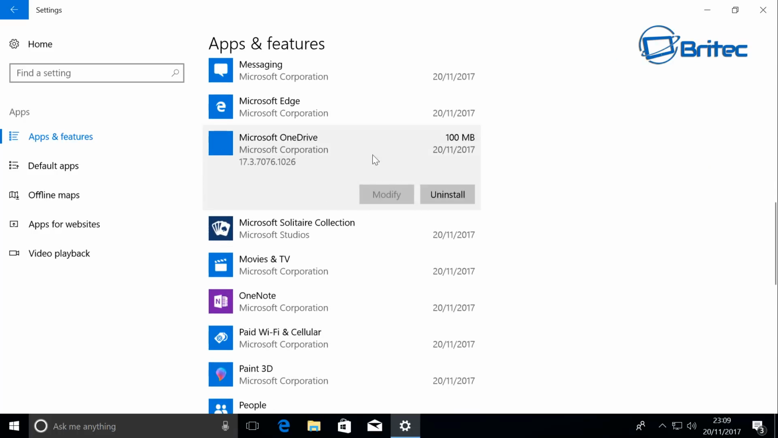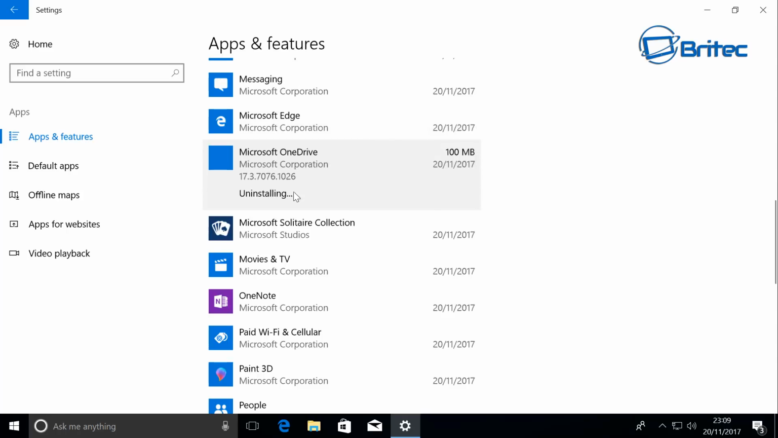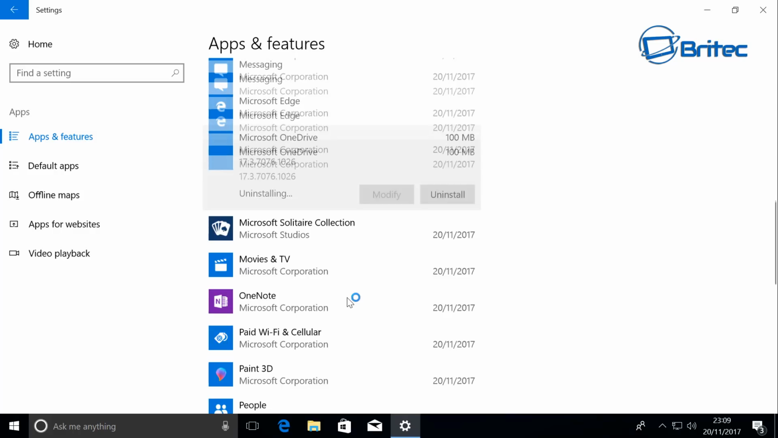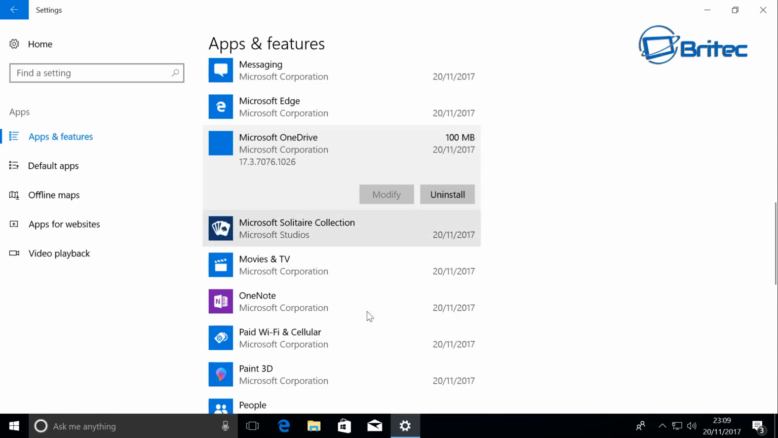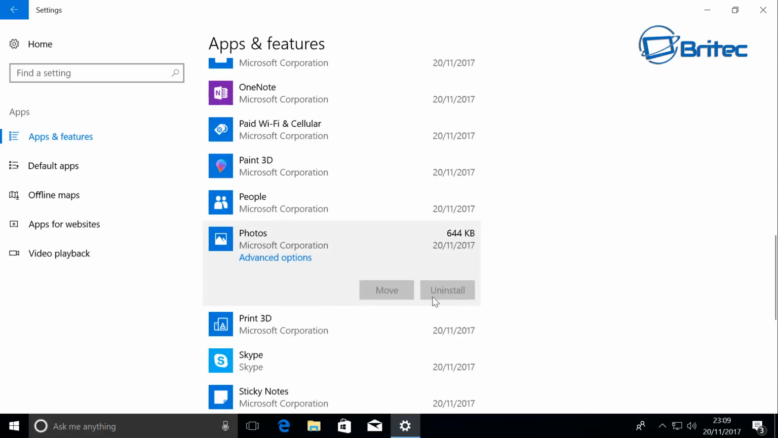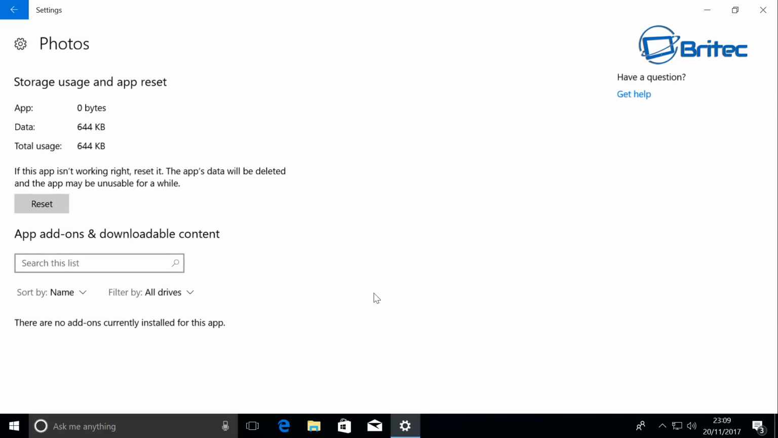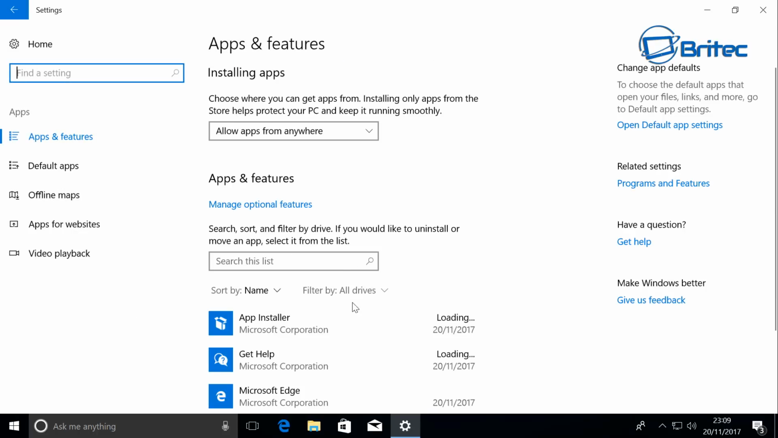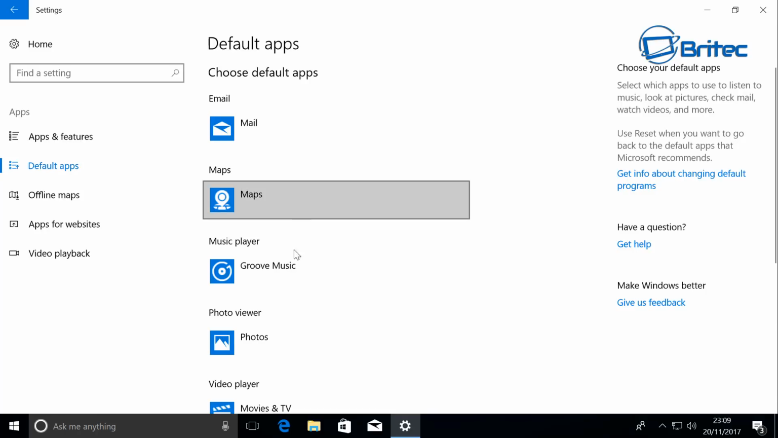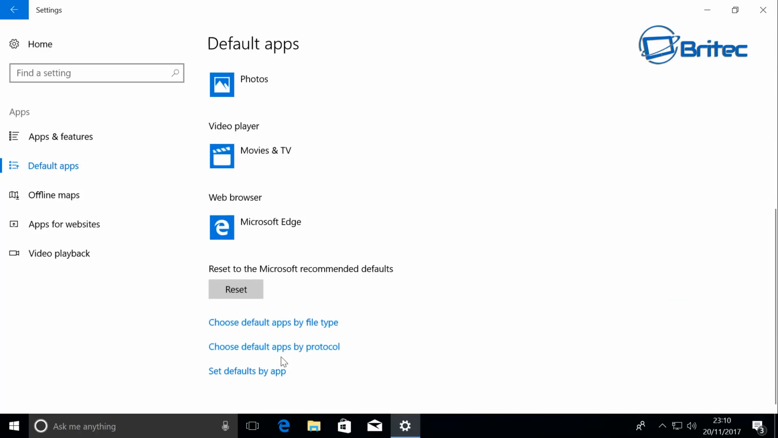Now OneDrive, if you're not using OneDrive, you can uninstall OneDrive and just let that do its thing. People, again, if you're not using it and you want to uninstall it, you need to go through another avenue to remove this. Okay, you can't remove it in this manner. So we're going to go to default apps here,